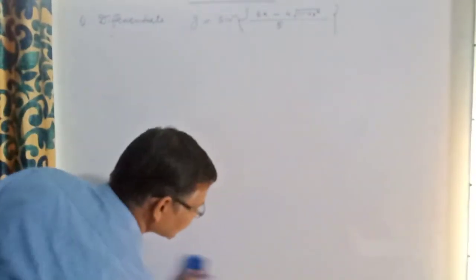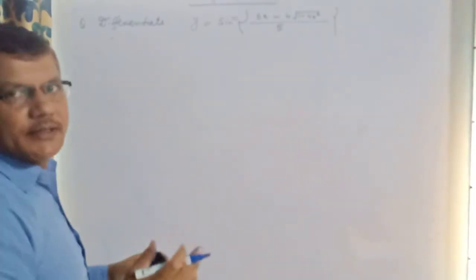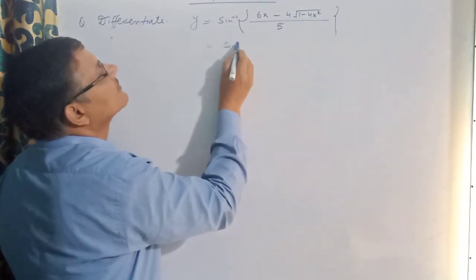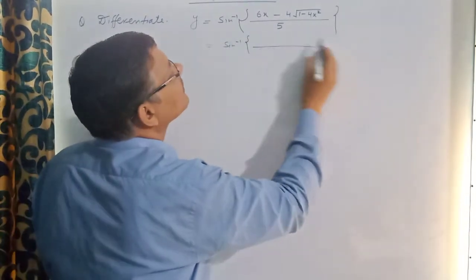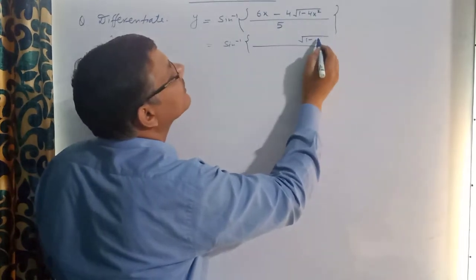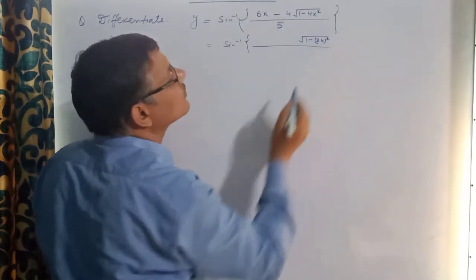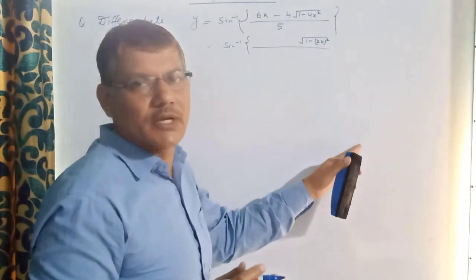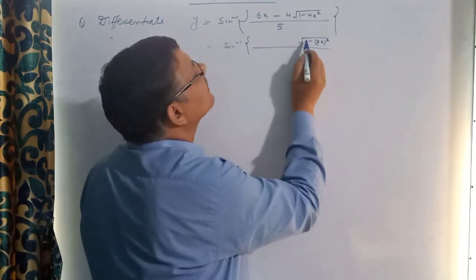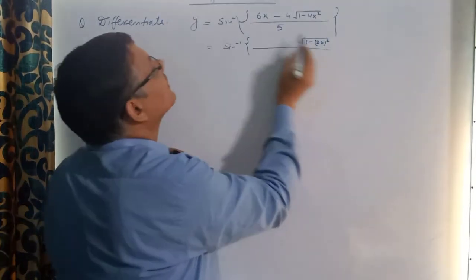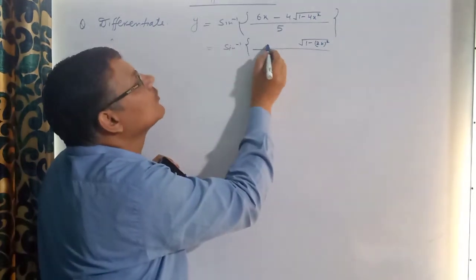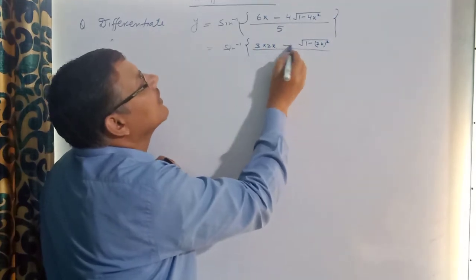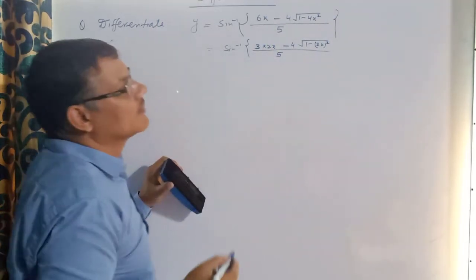In case of trigonometric functions, we have to guess the right substitution, otherwise we are not going to differentiate. Actually it is sine inverse. This is written as root over 1 minus 2x whole square. So here we take one ratio in sine such that the other is converted into cosine. If we take 1 minus 2x whole square as cos, then it becomes sine. So here we take 2x, since it is square of 2x, so take out 2x. Then here remains 3 and it is minus 4. Only this is required here.